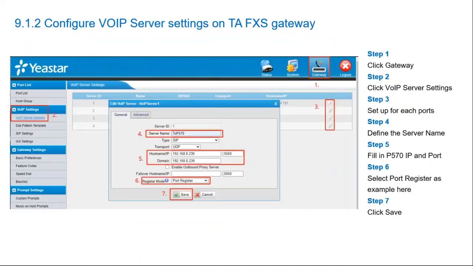Then the next step is we're supposed to log into the TA-FXS gateway. And also, by the way, the default mode for your TA-FXS gateway, I guess, is DHCP mode. All right, you guys need to be careful with this. If you've got a brand new TA-FXS gateway, especially a TA400 or TA100, the smaller models, the default configuration is DHCP mode. So you're supposed to get the IP address from the DHCP server. That's what it is. However, if you've got a big model like a TA1600, TA2400 or even TA3200, the big guys,